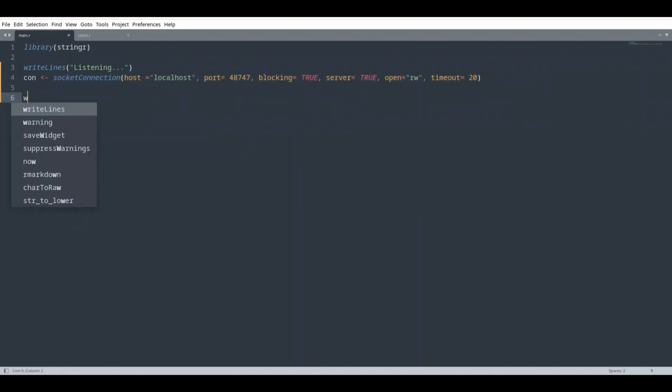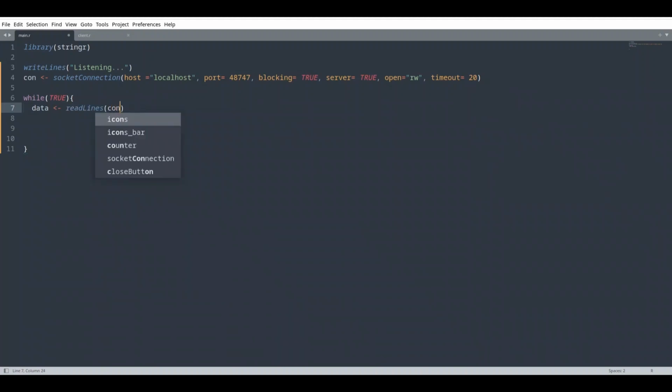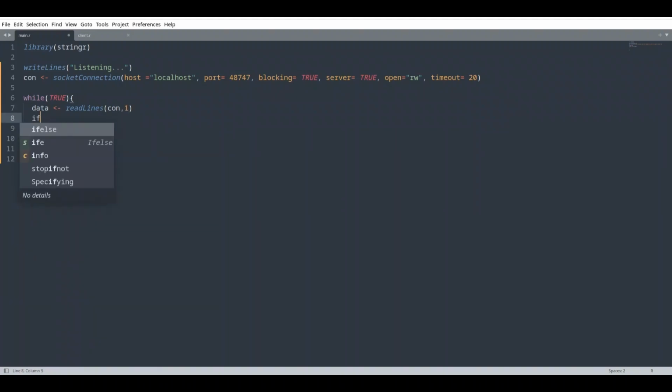Now I'm going to deal with communication with a loop, while set to true. First, we are going to receive a message from our client. We are going to store it in a data variable with readLines. From our connection, we are going to read only one line. Then we are going to check if the length of our data is not 0 and